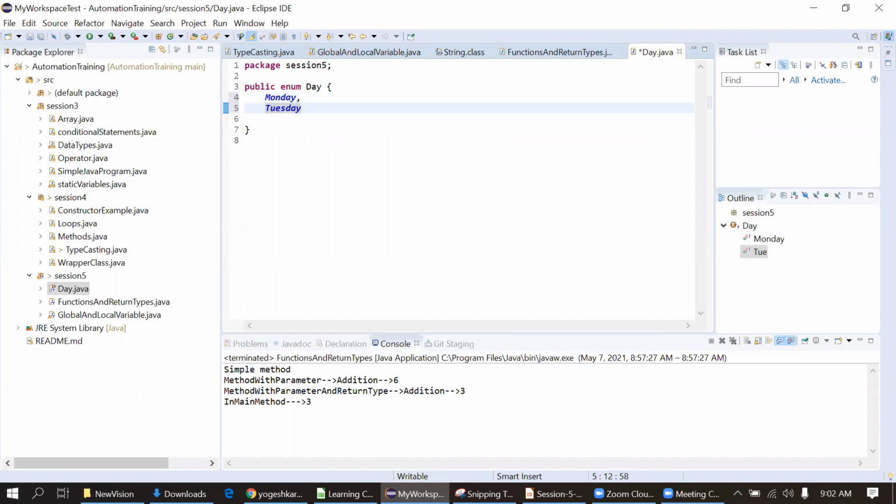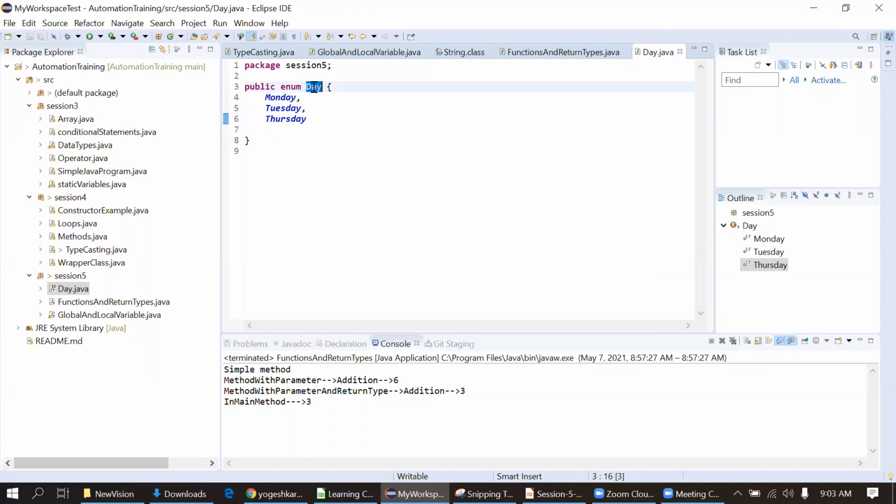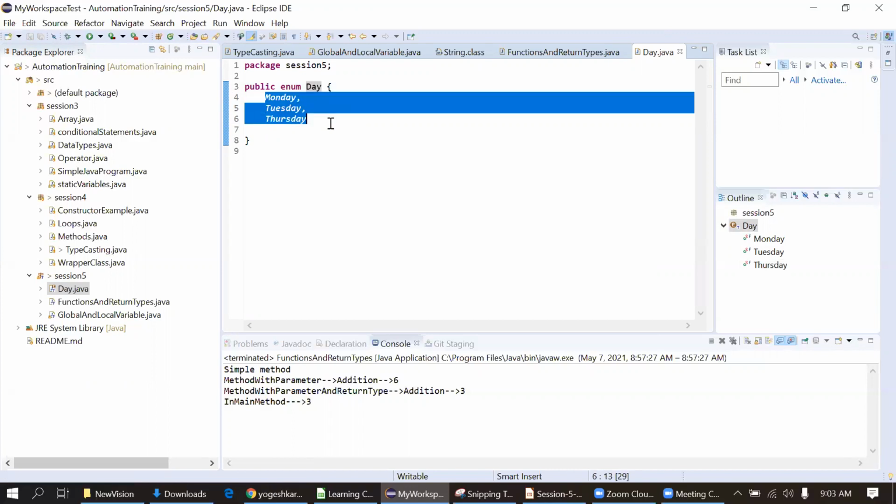Tuesday. Okay, I'm putting only 3 names now. Now it has become a constant. So if you want to use the data in your script, we can just use this Day and call the options available in this list.